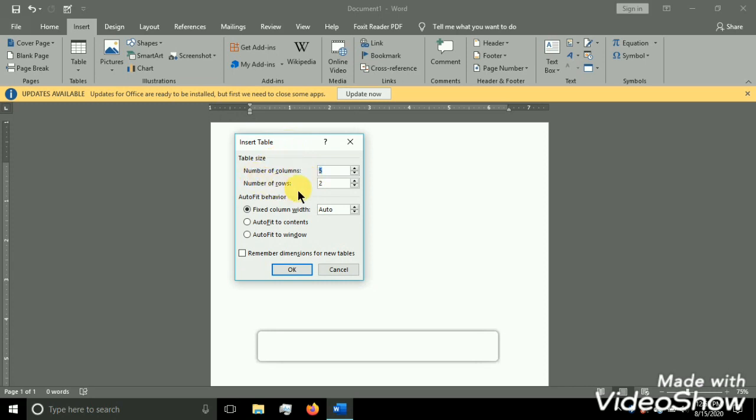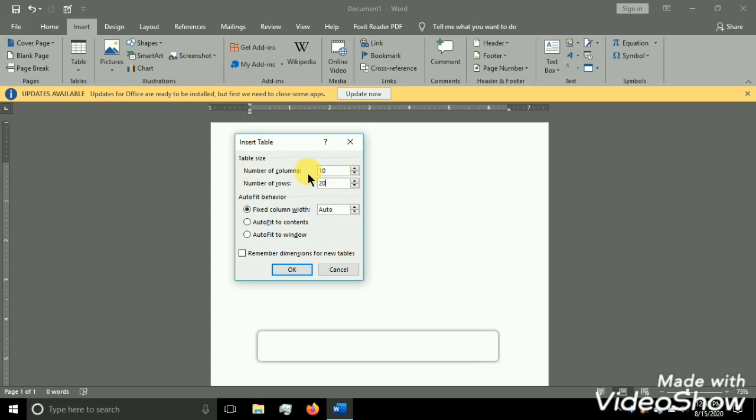We can easily select. How? We will have a dialog box. Here in the dialog box, it asks for the number of columns. So I can give the number of columns and number of rows. I am giving the number of columns as 10 and the number of rows as 100 because I want to add 100 students' data. If I want to add 20 students' data, then I can write 20. So I'm using 20 rows and 10 columns so that I can get the table.